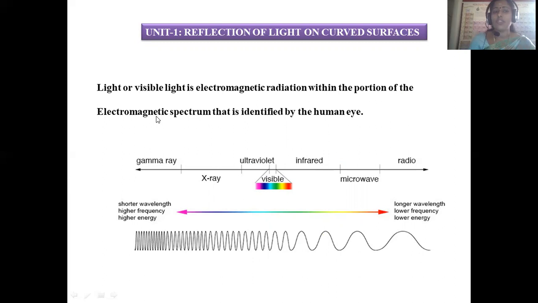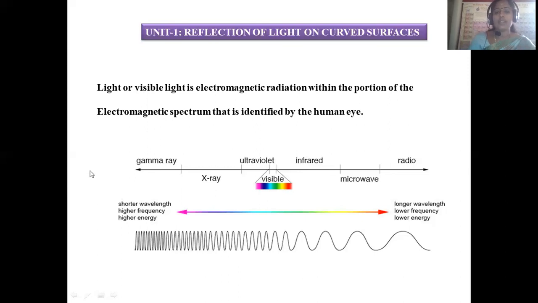Electrical vector and magnetic vector both operate in that light in a perpendicular manner, and it is measured either in terms of wavelength or frequency, right? So in these terms, we can measure the intensity of light. This electromagnetic radiation of light is generally fragmented into different sectors: gamma rays, X-rays, ultraviolet radiation, followed by visible radiation, infrared, microwave, and radio waves. These are the various fragments of light. This is purely based on energy, frequency, or wavelength.